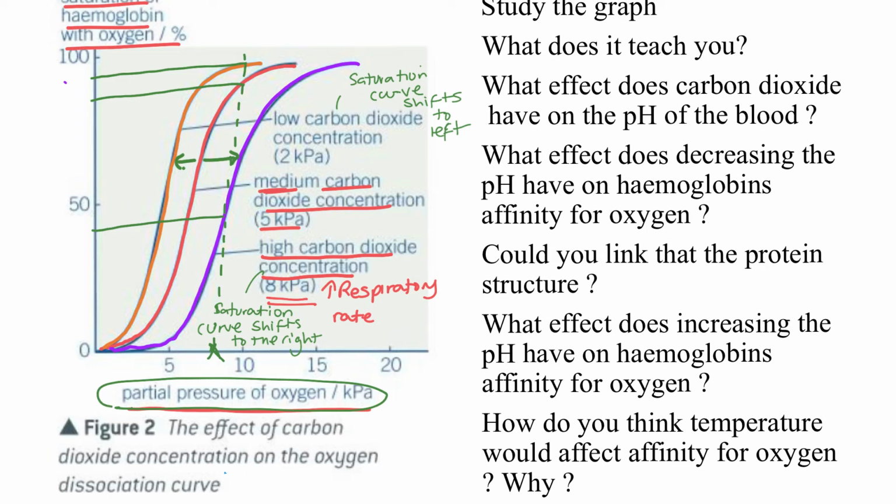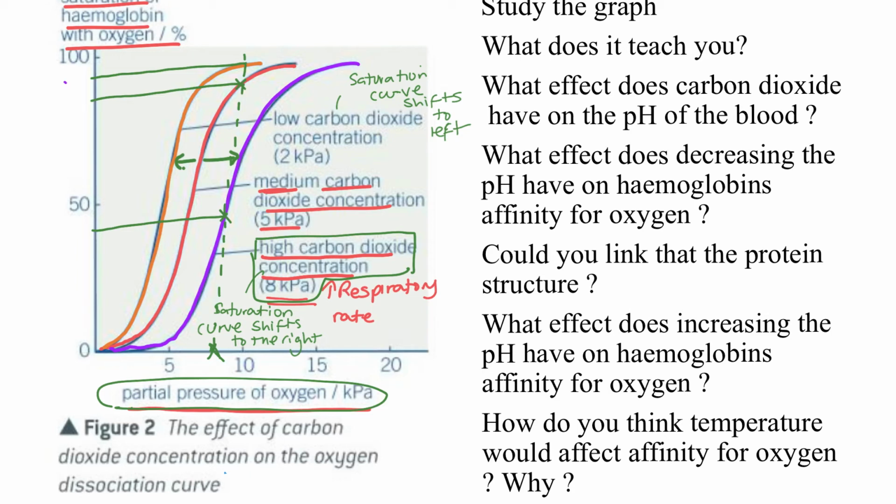And that makes total sense because when a hemoglobin finds itself in a high carbon dioxide concentration, that is an indicator that there is a high respiratory rate here. Lots of carbon dioxide has been produced and therefore lots of oxygen is needed. And so the hemoglobin disassociates or unloads more oxygen to provide those cells with oxygen for its increased respiratory rate. This is an adaptation,